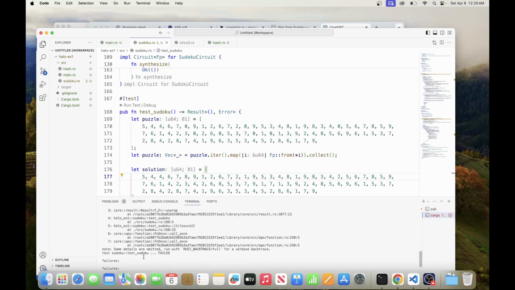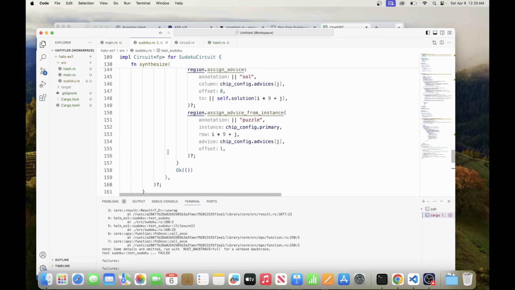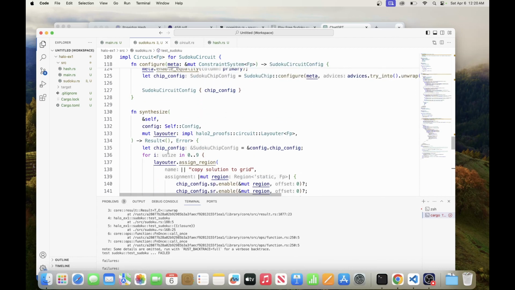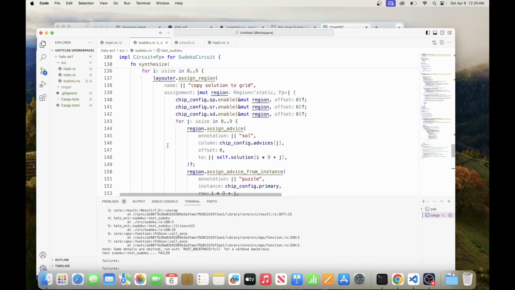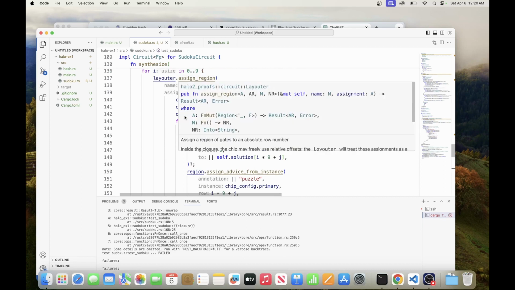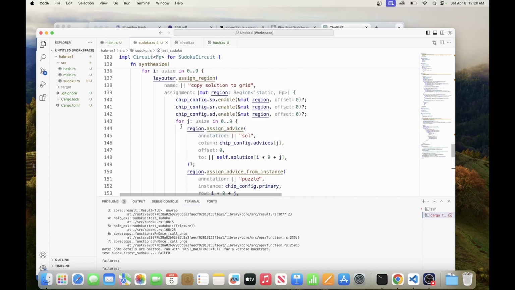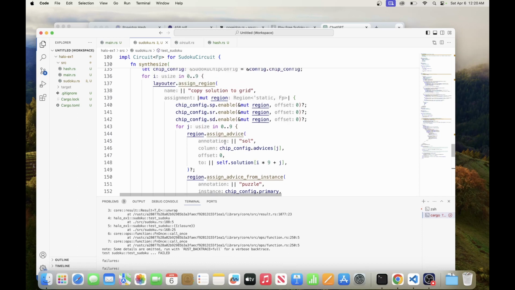Yeah, and that errors. Okay, so that's pretty good so far. So now we have to do the column and the sections. So to do columns and sections, I actually need to store the regions that have been assigned to my solution. So this guy here, when I say I put the value into a cell, I kind of want to know